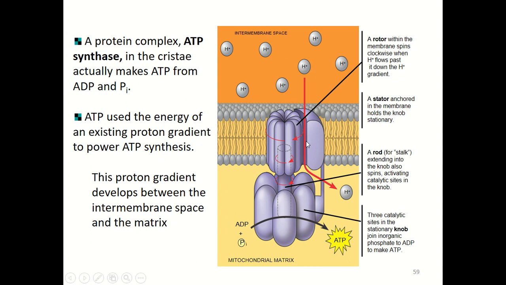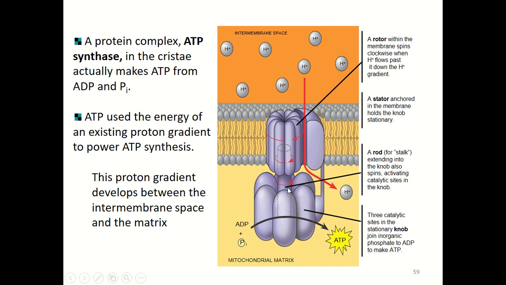So let's look at the structure of ATP synthase here. We have the rotor, the stator, the rod inside, and the last part, the knob of ATP synthase. The rotor within the membrane will spin clockwise when hydrogen ions flow down their concentration gradient, and the stator anchored in the membrane holds the knob stationary so that it doesn't move at all. The rod inside extends from the rotor to the knob and also spins when hydrogen ions flow down their concentration gradient,